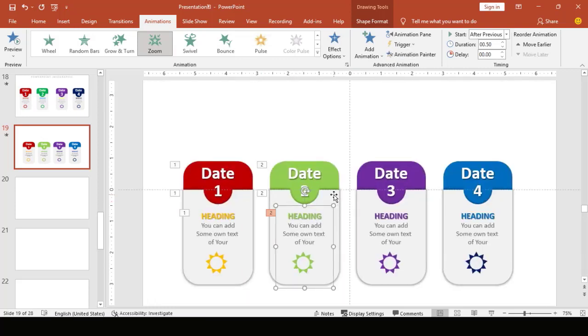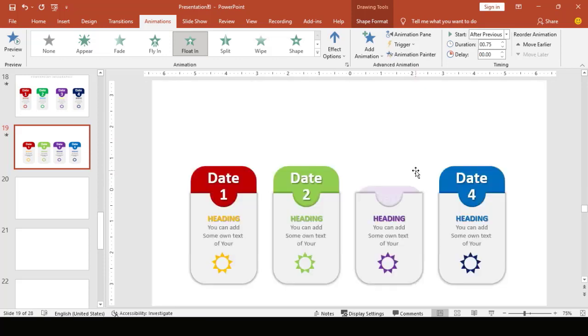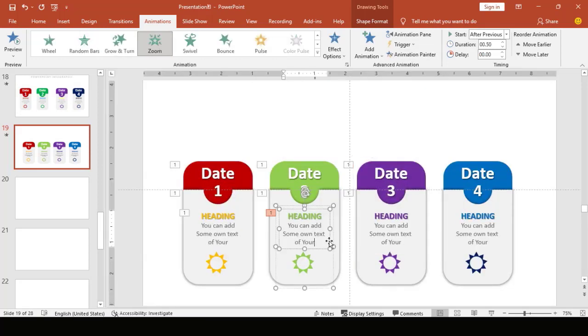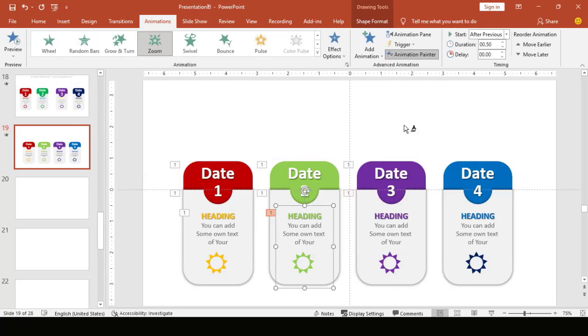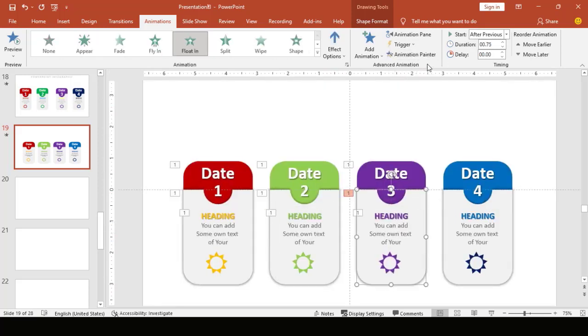Okay, now we change this animation, and after previous, and path. Click here, animation pan, path. Click here, animation pan, path. Okay,